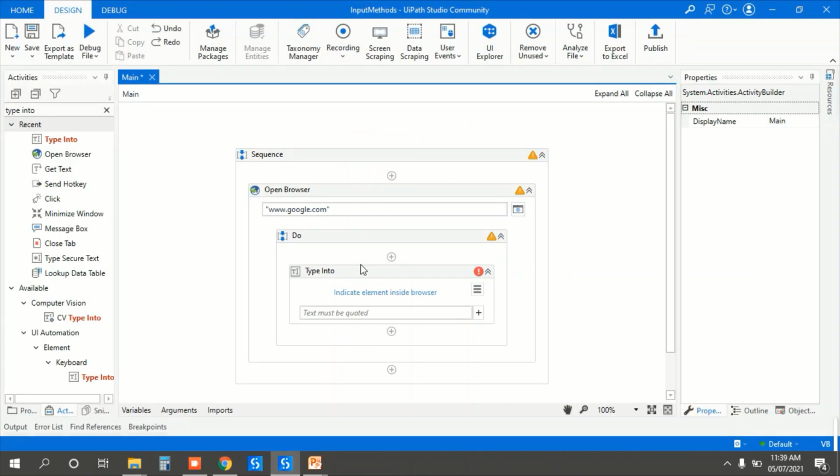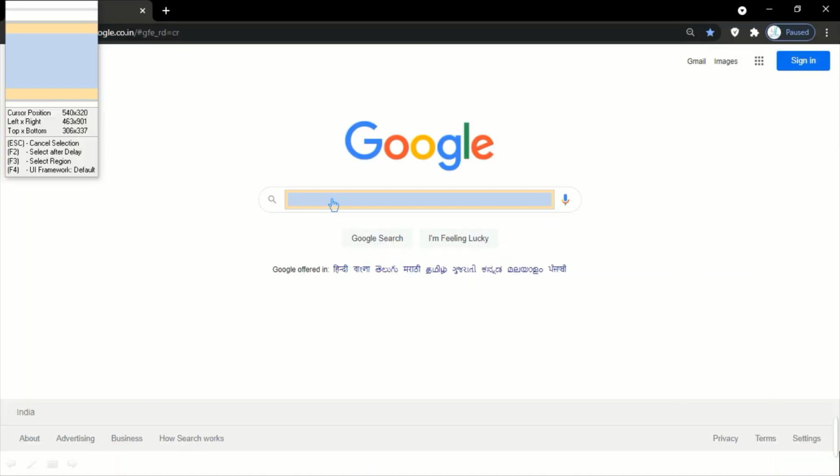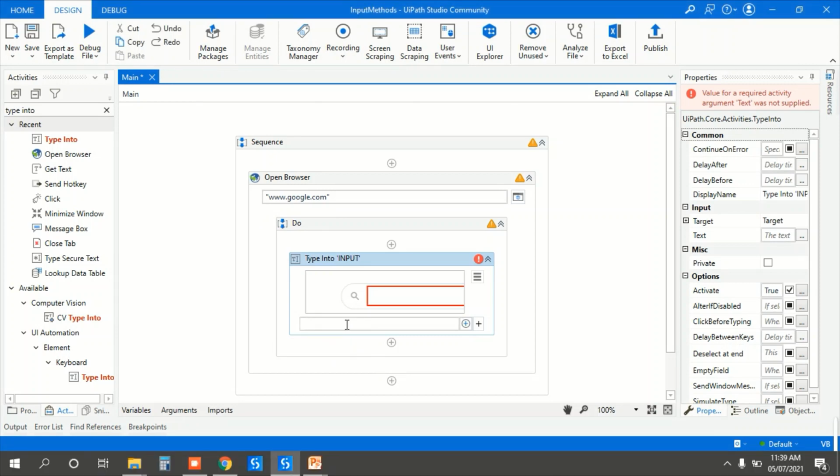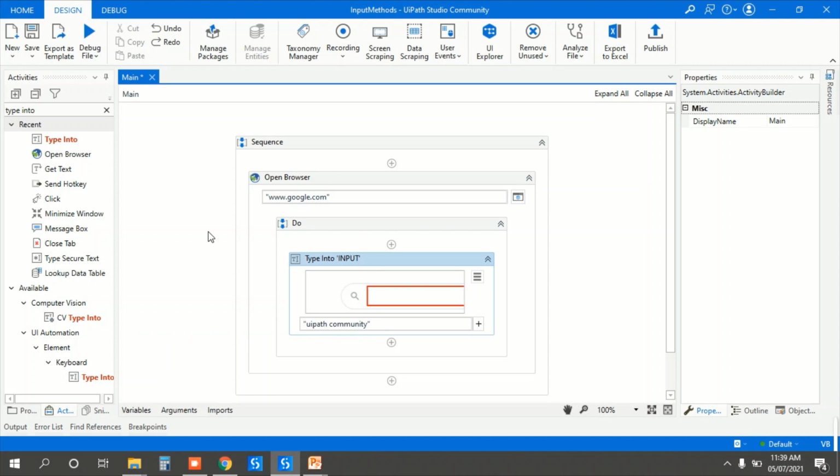So here, with Google open, let's indicate the element inside the browser for the type into, and let's type UiPath community for now. Now let me first show you the default method.